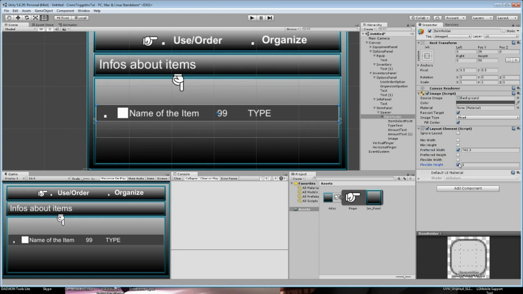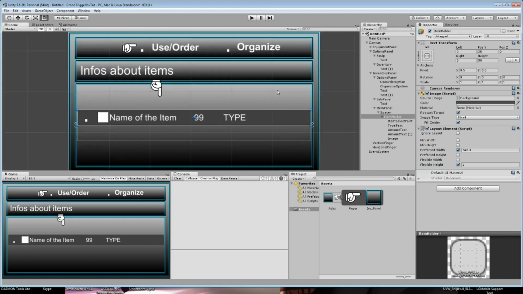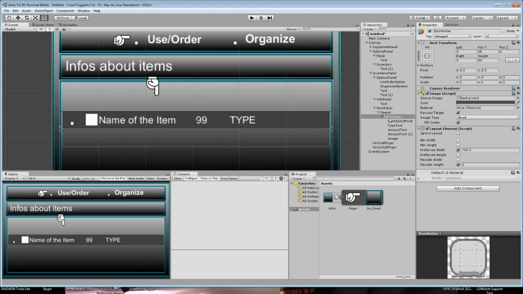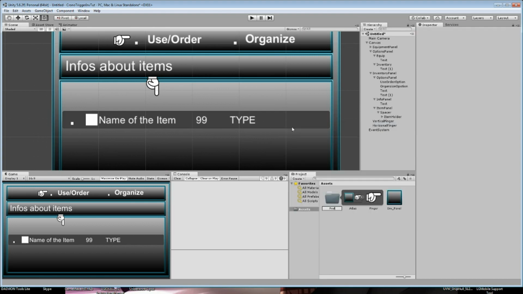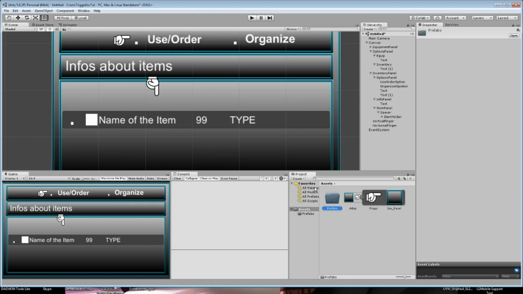And I believe the flexible height needs to be activated as well. If not, we're gonna change this one in a moment. What I also want to do is create a new folder in here, in my assets folder, and create or rename this one to prefabs,